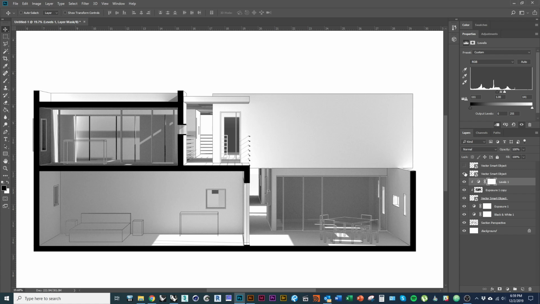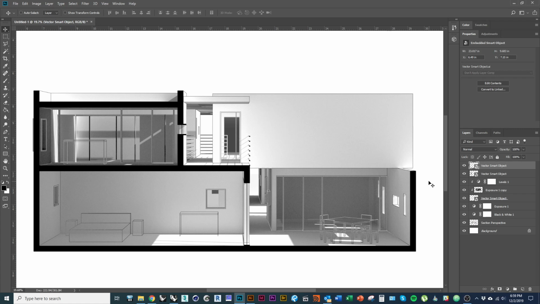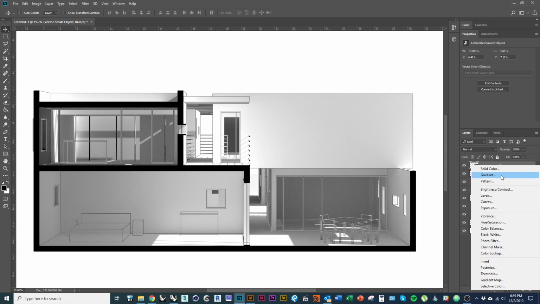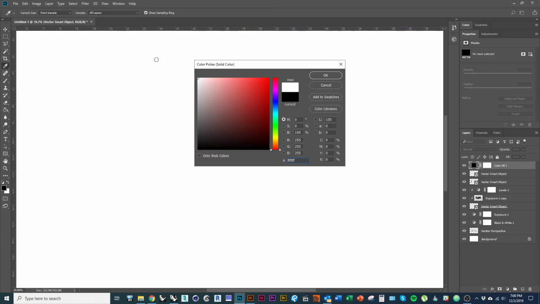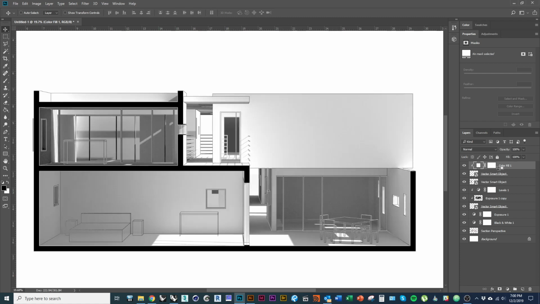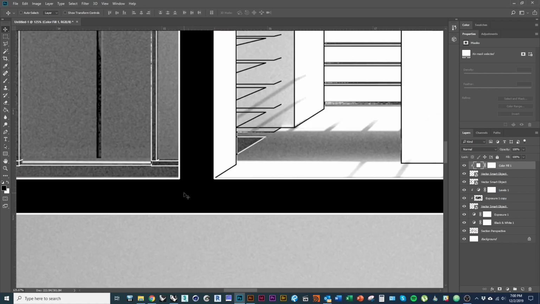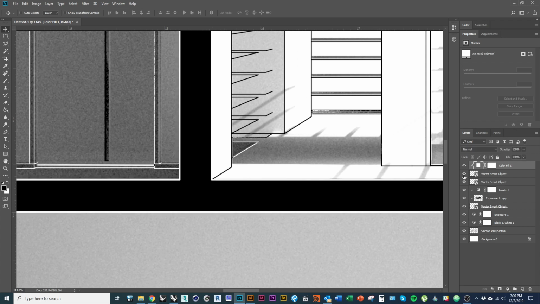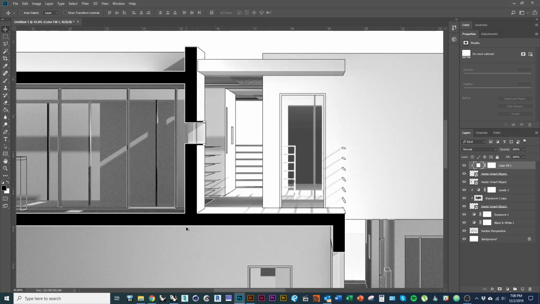Next thing, we'll turn on the Poche. So I'm just going to leave that Poche black, that's fine. And then finally I'll turn on that Vector Smart object, which is the outline of the section cut. And I'm going to make it white so that it stands out against the background of the Poche. So I'll go down to my adjustments here again and hit solid color this time. I'm going to make a white solid color fill, and then I'm going to hold Alt again and apply it to the outline there. You can see it's made our section cut outline white, so it stands out against the